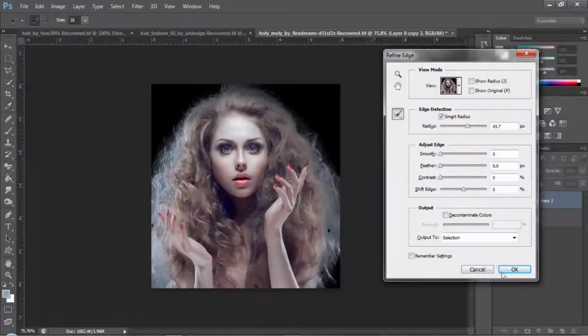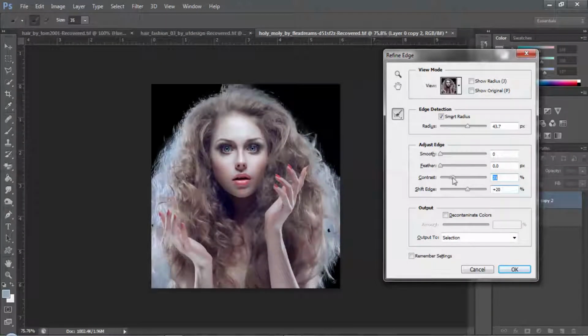It's been selected. So you can play with adjust edge, like shifting the edge like that, or bringing it down like that. It's completely dependent on your project. For my case, I'm taking exactly plus 20. For contrast, you can also increase if you want a sharp edge like that.